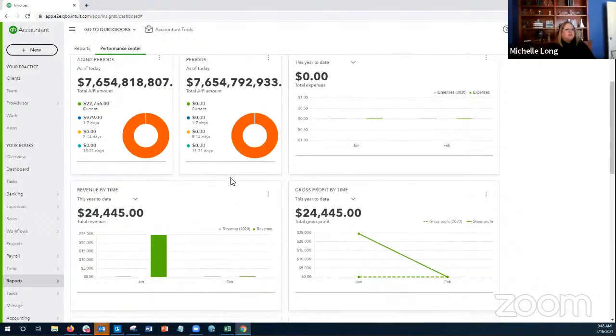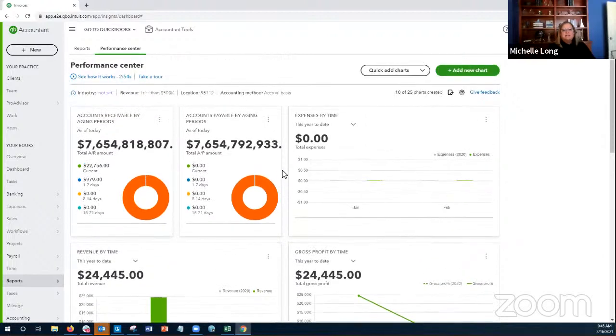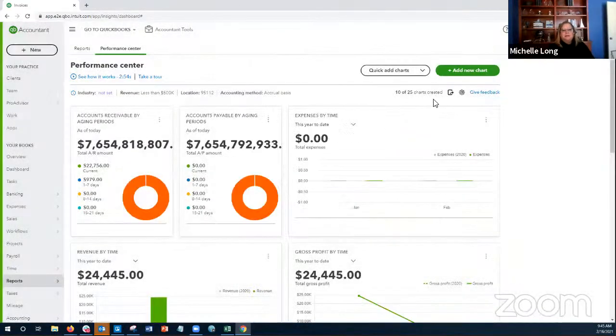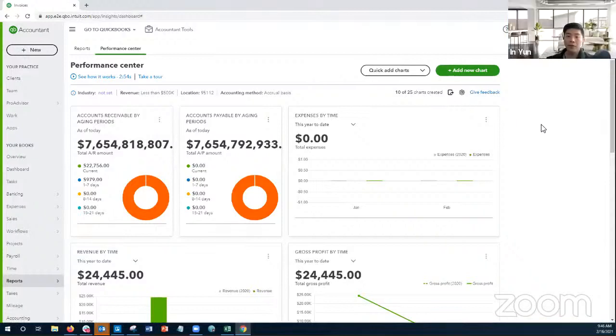And I always used to comment that my clients would never look at the reports. They liked the picture book, the charts and graphs. They would look at a picture book and understand the results much better than if you just give them reports. So I love the charting and the quick charts that you can add in there. Absolutely. So we're hoping that with using Performance Center, you should be able to provide more higher tier, added value advisory services to your accounting